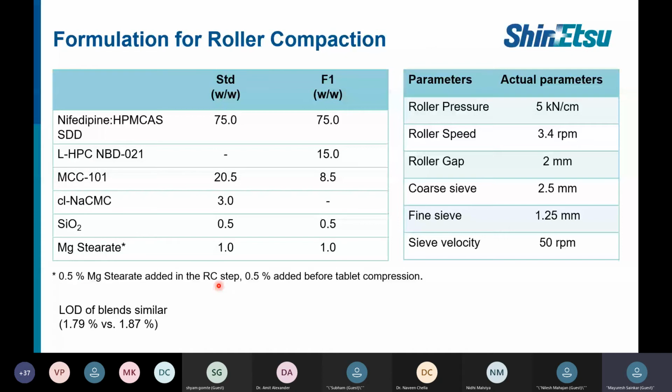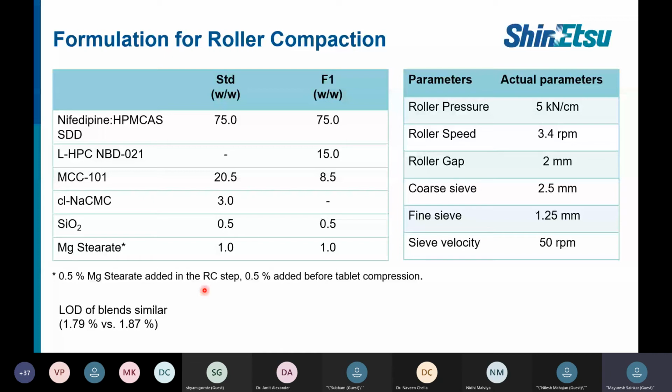There we have taken this spray dried powder and simply mixed it with some other excipients. One is our LHPC NBD 021 grade in formulation F1, and another was without LHPC, but there we were adding croscarmellose sodium. The parameters are mentioned on the roller compactor on the right hand side, and we just wanted to check the impact on the compactability of the process or the other parameters like the